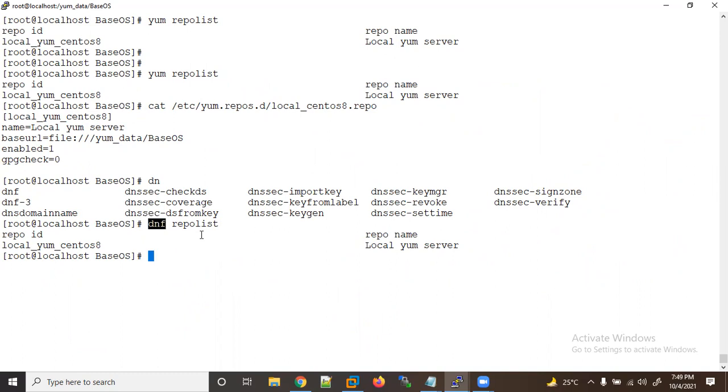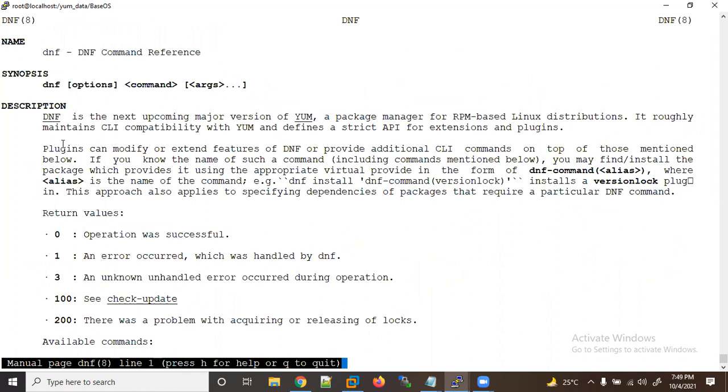DNF is advanced. If you see man dnf, only the word yum is replaced; everything is the same. DNF is the next upcoming major version of yum. So don't be confused: your yum is changing, not DNF.